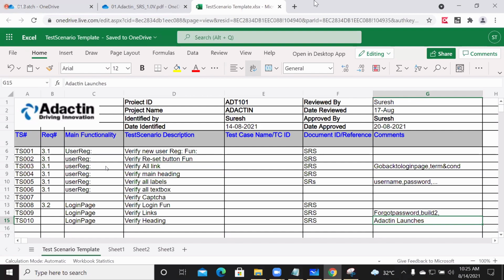I can understand some people are facing issues related to OneDrive or anything. I'll see if there are any other solutions. Just give me some time. In the meanwhile, try to utilize what is available. For tomorrow also we have a session, same timing, same meeting ID. Tomorrow, start documenting the scenarios. Once you have documented the scenarios, upload them into OneDrive.